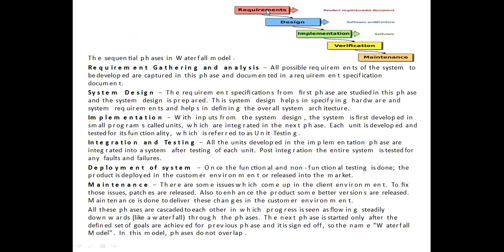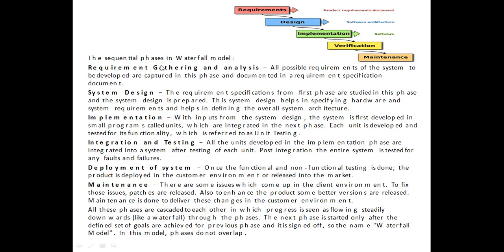See here, this is a waterfall model. There are five phases in the waterfall model. The first phase is requirement analysis, designing is the second, and then implementation, verification, and maintenance. After the requirement analysis is done and completed, the designing phase follows. After the designing phase, the implementation phase will be developed. After implementation, the verification will be done. After verification, the maintenance will be performed. Like this, requirement, designing, implementation, verification, and maintenance phases are performed sequentially. That's why this is also called the linear sequential model.